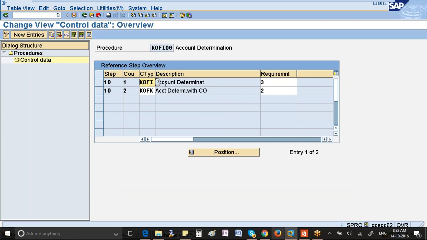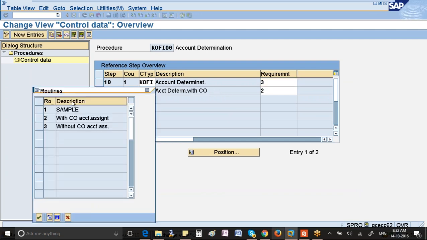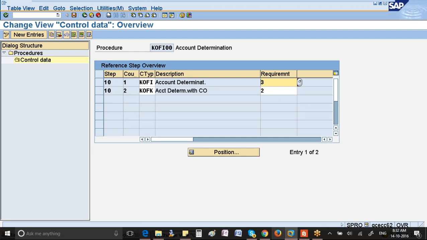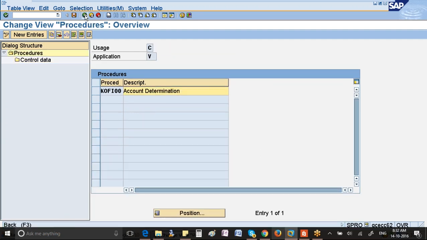So how does the system know whether this is without CO or with CO? It is with the routine, the requirement that you attach here. This tells the system with CO or without CO, 3 and 2. For KOFI generally you assign 2. So once you have created this procedure, now what you should do is